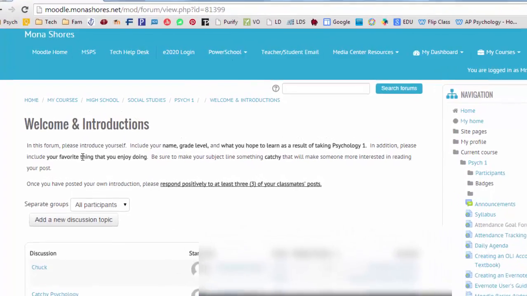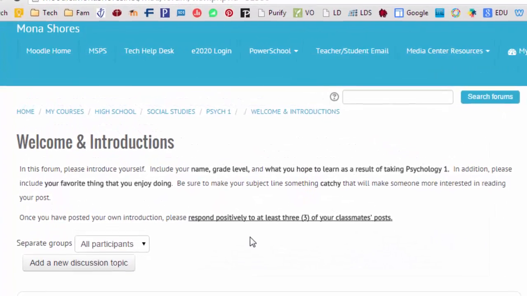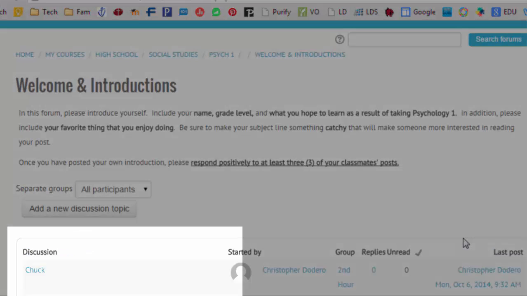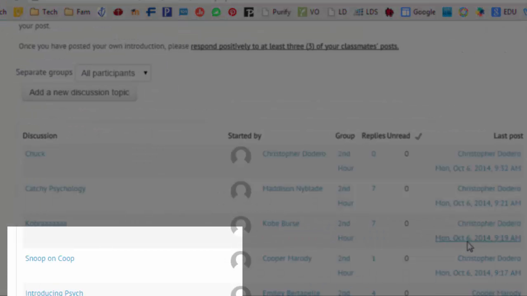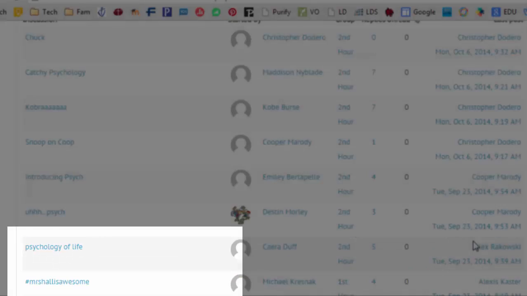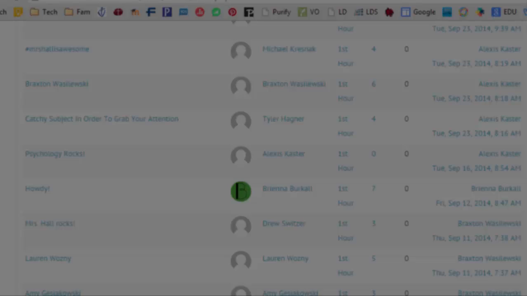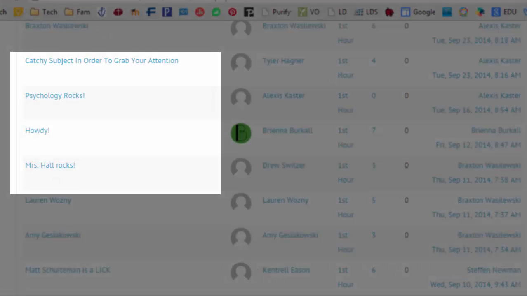It's from a previous class, so the things that you're seeing here are from previous students. But what you're going to do is, first of all, make sure that you read the directions very closely, because if you don't complete all of the different expectations in the directions, you won't receive full credit. So as you look through here, you'll see that there are some other posts that have already been done from previous students, and you want to have post subject lines that are catchy, something that will get the other students'